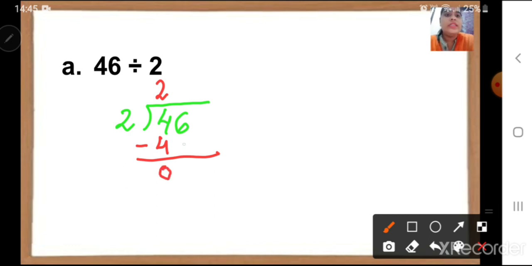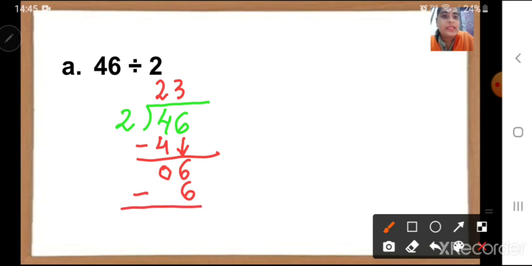After that the second number, which is number 6, it will come down. We will write it down like this. You can draw an arrow here and you can write your number 6. Now we have to divide number 6. In 2's table, will number 6 go? Yes children, it will go. Correct. How many times? See, 2 ones are 2, 2 twos are 4, 2 threes are 6. So here I will write the next number 3. 2 threes are 6.